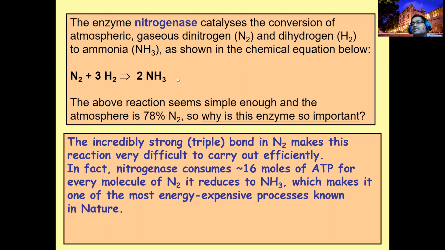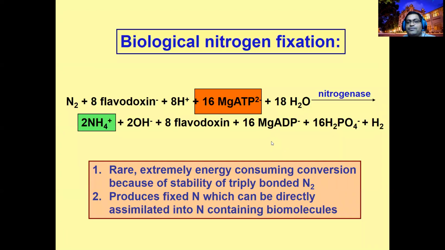So that is a simple technology used by this microorganism, but it needs more ATP. Nearly 16 moles of ATP is used to reduce N2 into NH3. This ATP is supported by the photosynthetic products from the plants, the root exudates, right? Because it's a triple bond, breaking it needs energy. This is the biological nitrogen fixation equation.